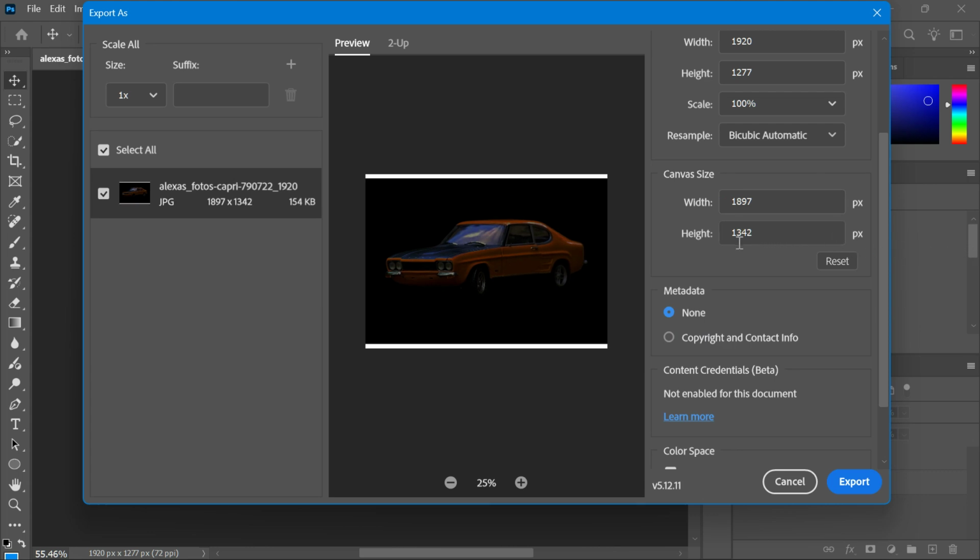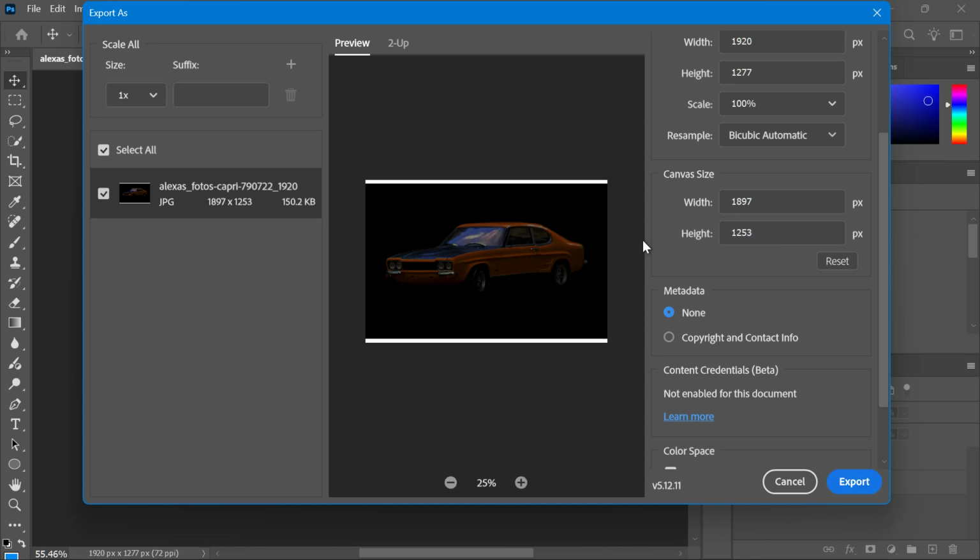Once you're happy with the file size preview, click Export. Choose where you want to save the file on your computer and click Save. That's it. Your new image will now have a reduced MB size and will be optimized for web and social